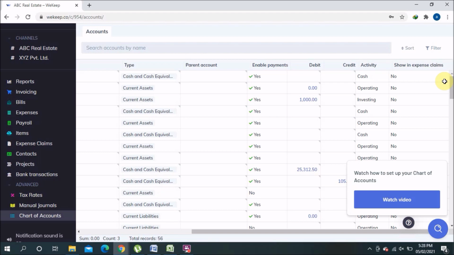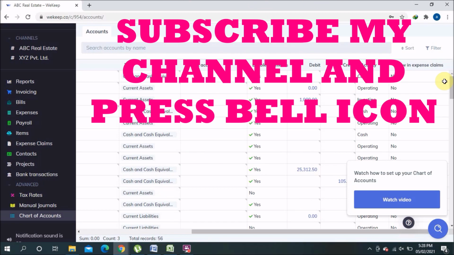This is the software which I mentioned earlier, that I already uploaded one introductory video where I showed you what features are included in this free version and what features are not included in the free version. So I hope this video will help you to see how the software looks when you log in. It's very easy. Okay, so in the next video we'll start with the chart of account. I will do some editing, some deleting and some adding, so you can see the options.